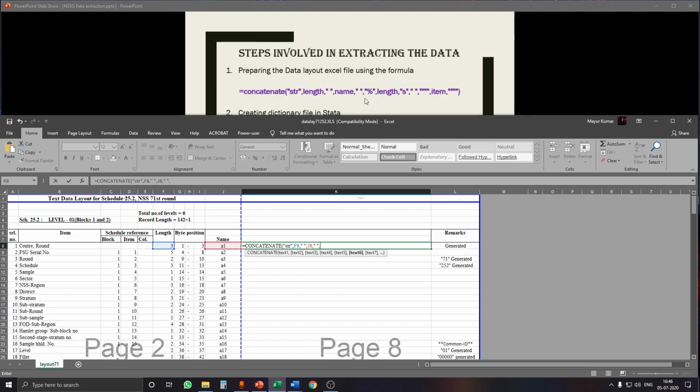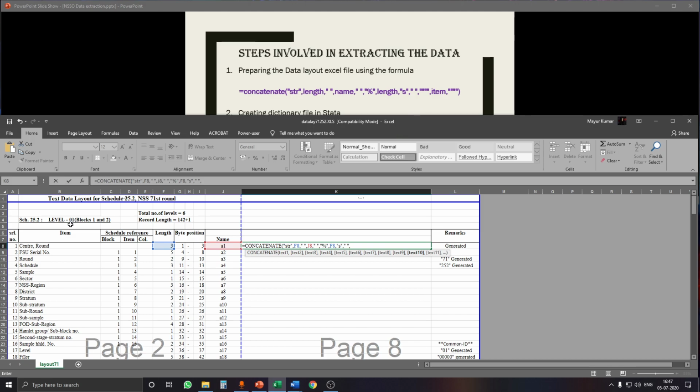After this we need percentage, so quotation mark, percentage, quotation mark closed, comma. After this we need length, so here is the length, comma. Now we have to put S, so quotation mark S, quotation mark closed, comma. Now we have to again put a space in between, so quotation mark, space bar, quotation mark close and then comma.